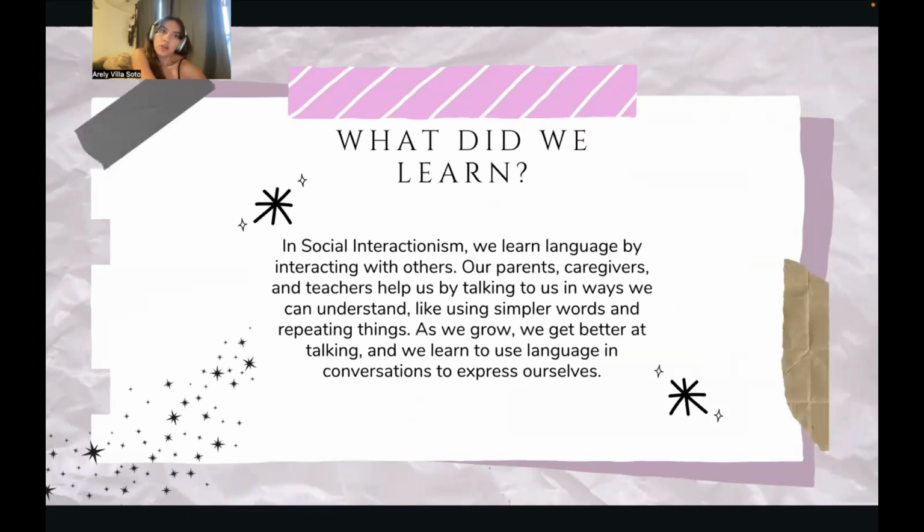So, what did we learn? We learned that in social interactionism, we learn language by interacting with others. Our parents, caregivers, and teachers help us by talking to us in a way we can understand, like using simpler words or repeating things. As we grow, we get better at talking and we learn to use language in conversations to express ourselves. It really shows that the more you interact with others, the more you learn